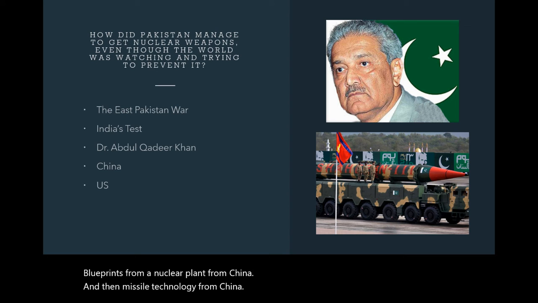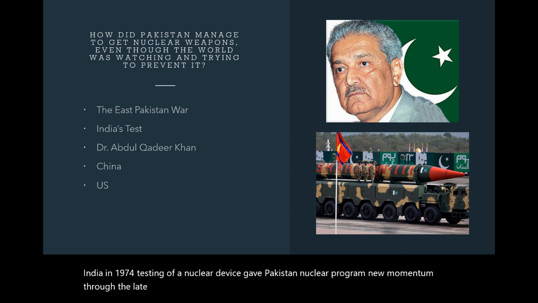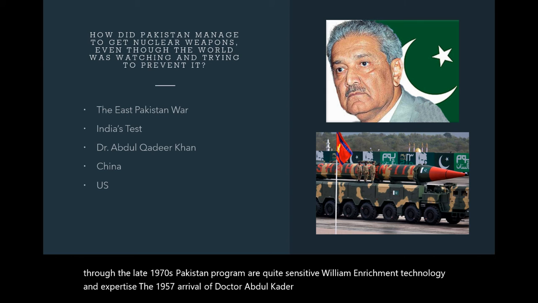India's 1974 testing of a nuclear device gave Pakistan's nuclear program new momentum. Through the late 1970s, Pakistan's program acquired sensitive uranium enrichment technology and expertise. The 1975 arrival of Dr. Abdul Qadir Khan considerably advanced this effort. Dr. Khan is a German-trained